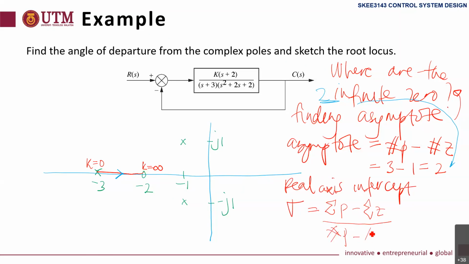Or usually we write this one the same, with the sign different. The top one is the total value of poles, minus total of zeros. The bottom one is the number of asymptotes. So sigma here